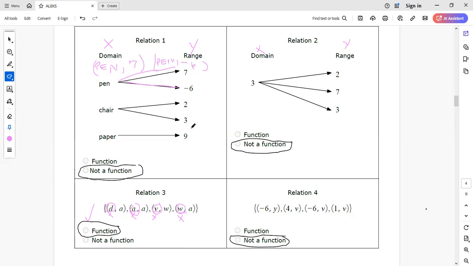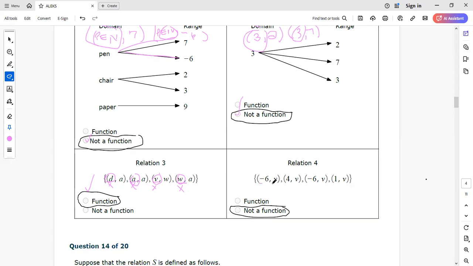And then the same thing for each of the for the chair. Because I see 2 of my terms have the same x coordinate, then it's not a function. Here I see the 3 arrows, so that implies that we have 3, 2 as an ordered pair. We have 3, 7 as an ordered pair. Automatically we can stop there because we see 2 of our terms have the same x coordinate, therefore it's not